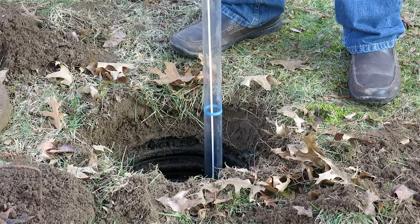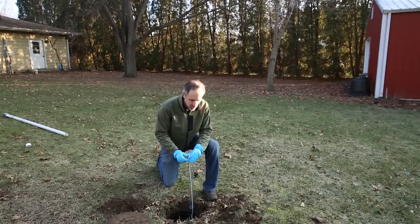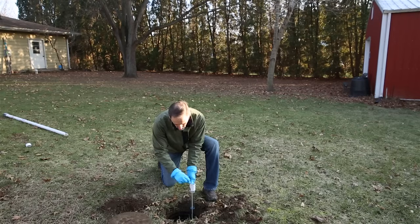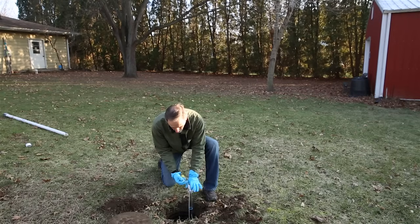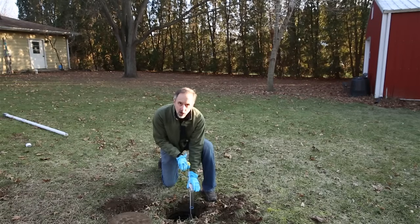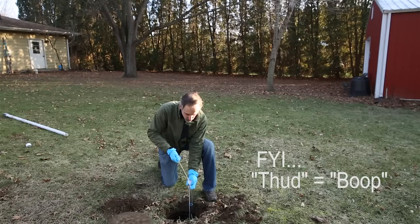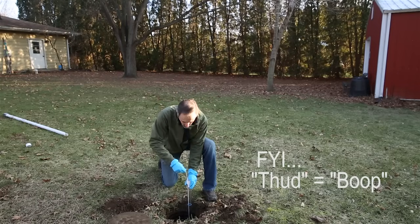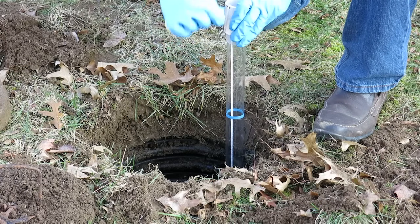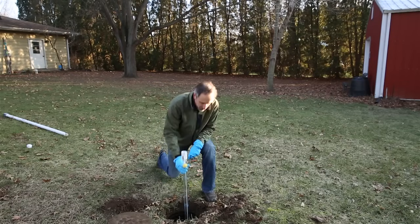And I'm just going to push it down in there slowly and straight down until I get to the bottom. Oh, there's the bottom. So then I'm going to take this, and while holding it down on the bottom gently, I'm going to pull on the rope, and it made a thud sound, which means that the end of the tube was engaged. So I'm going to wrap it around the boat thing right here, and then as I pull it out, look